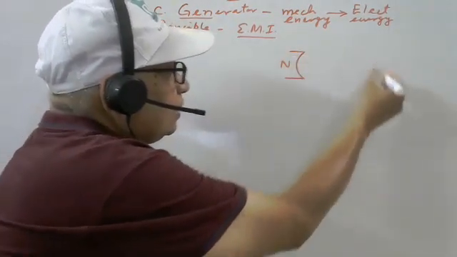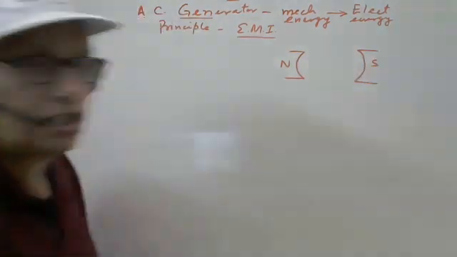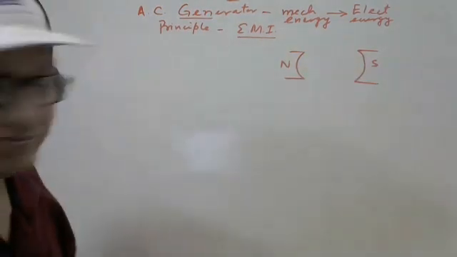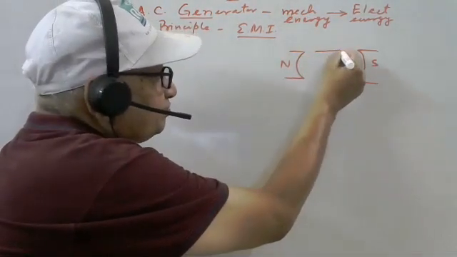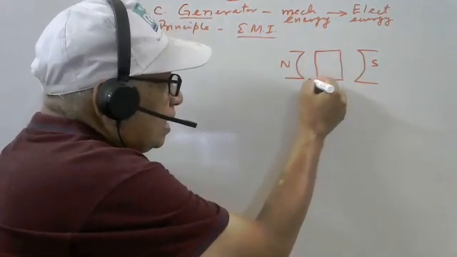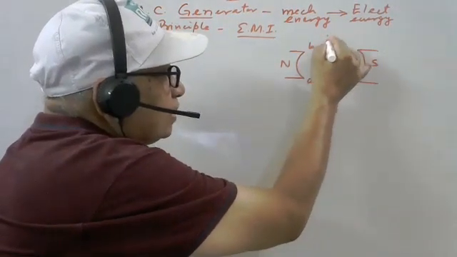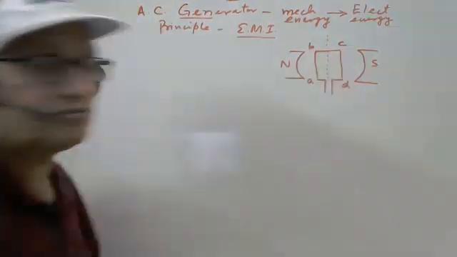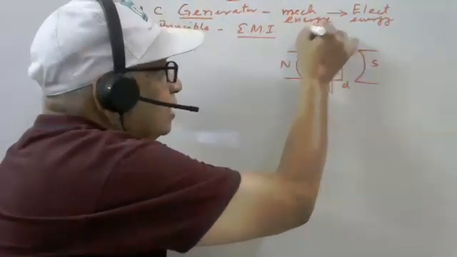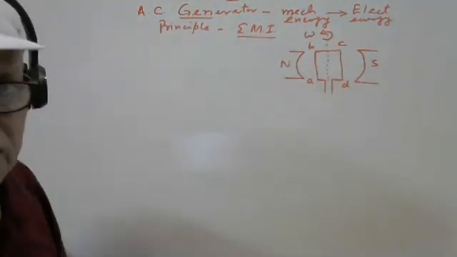On the basis of this electromagnetic induction, the single line diagram is: this is the north pole and south pole of the magnetic field. Lines of force are from north pole to south pole. Suppose there is a rectangular coil we have taken, like A, B, C, D. It can be rotated by this axis, called the axis of rotation. You can rotate it by a turbine. It is not shown here.